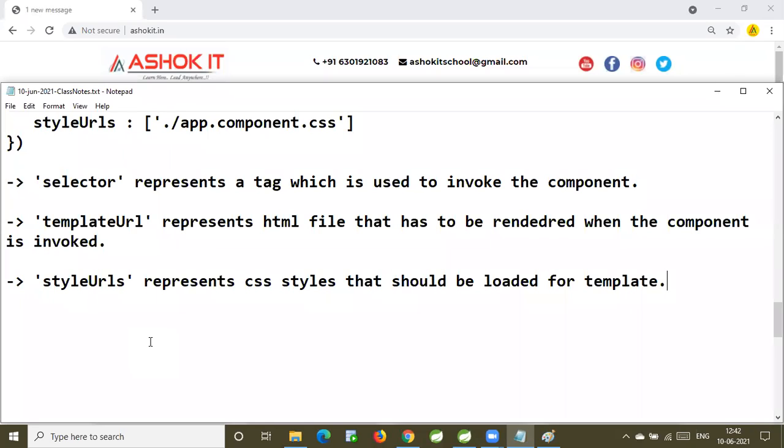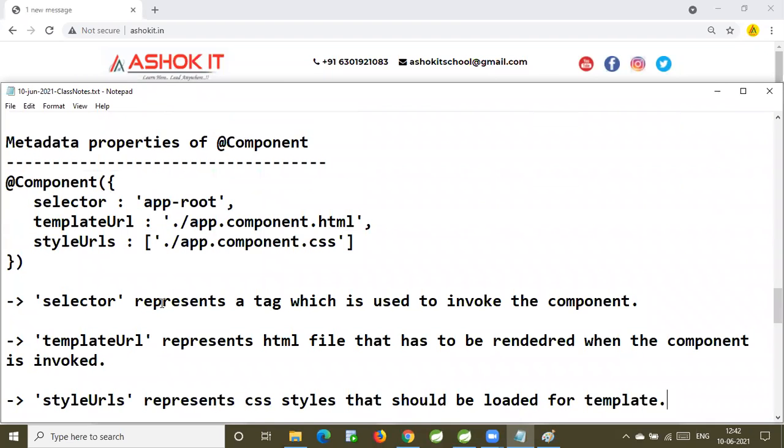So these are the three attributes that we are going to specify for the component metadata.